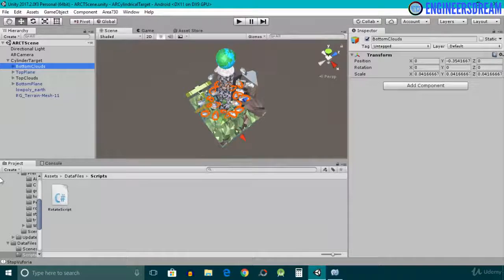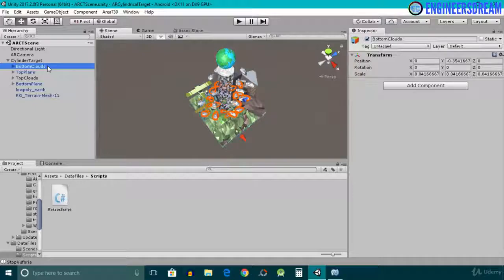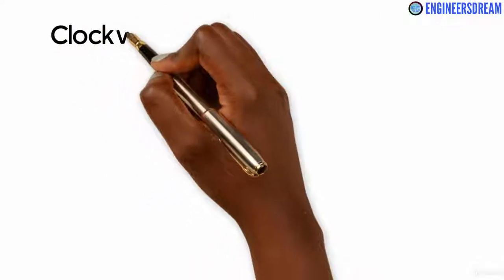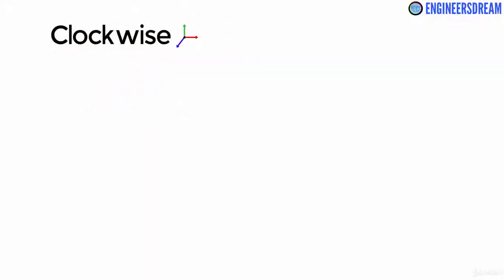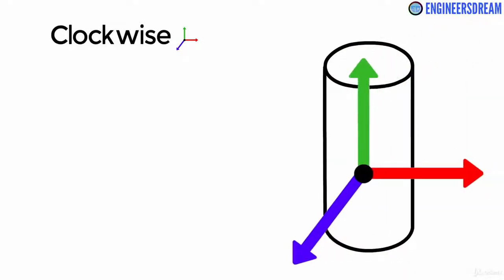After rotating the earth game object, next we will use the rotate script to rotate the clouds and the planes. First let's rotate the top plane and the bottom clouds in the clockwise direction. For this I'll create an empty game object called clockwise, and I'll place the clockwise empty game object in the center of the cylinder.